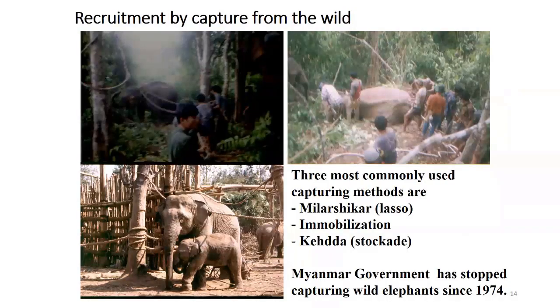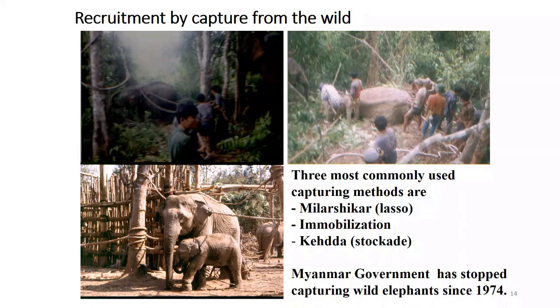So where do they come from? Before the 1970s, main recruitment was from capture from the wild. The 3 most commonly used capturing methods are Mela Shikar, lasso, and immobilizing, and Keda. But the government